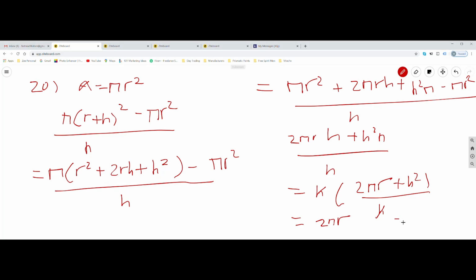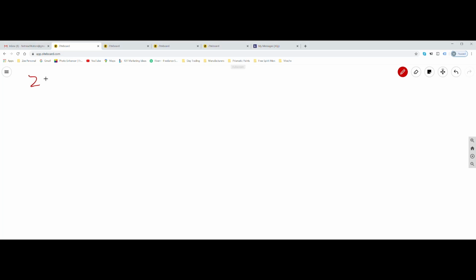So it is equal to 2 pi 100, which is equal to 200 pi. That's for 20. For 21,